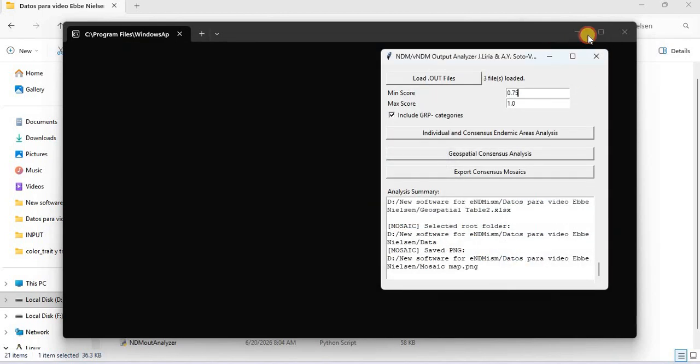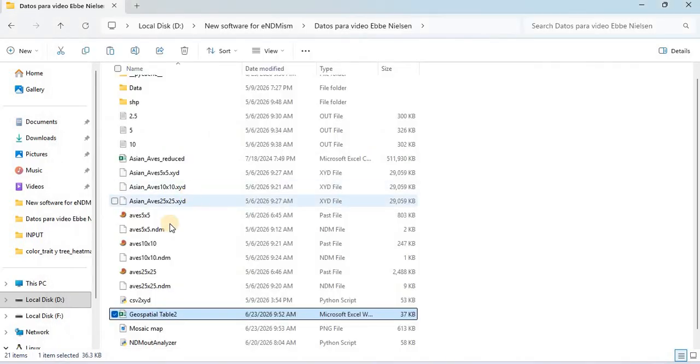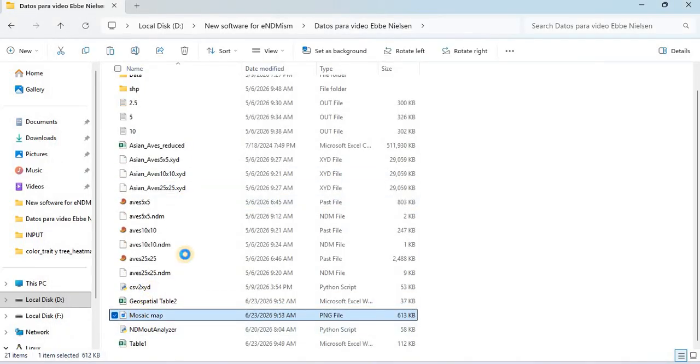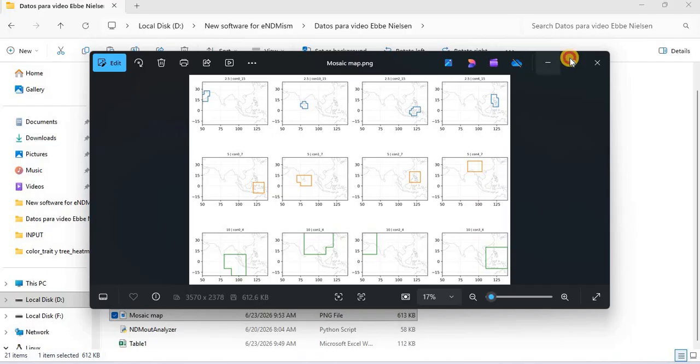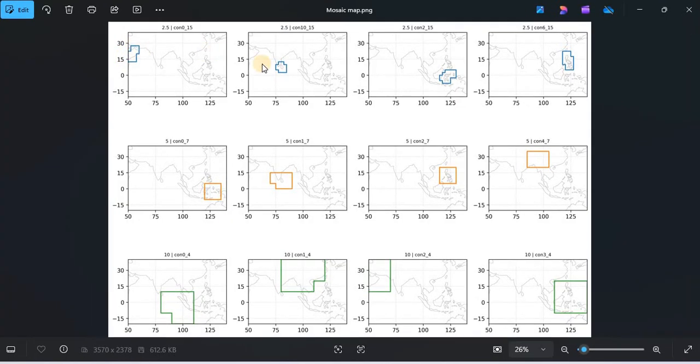And finally, you can see the results here. This is the consensus area for each treatment with different colors and different grid size. For, in this case,